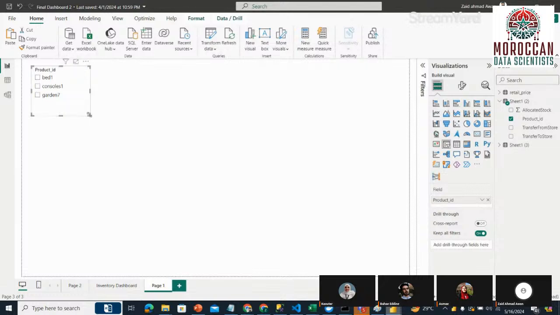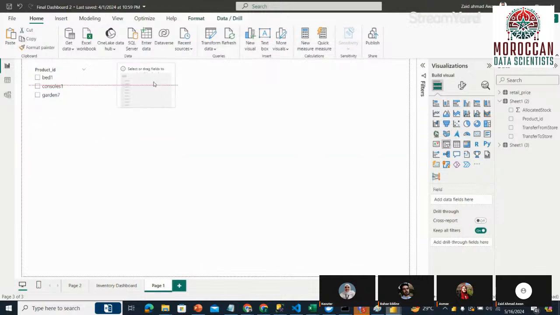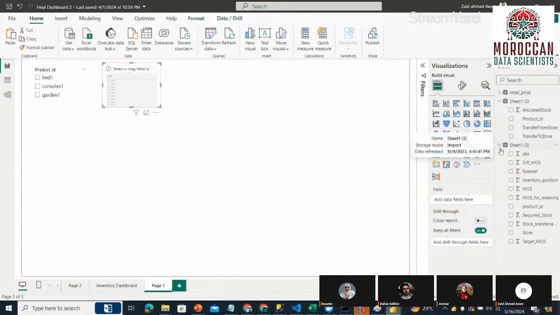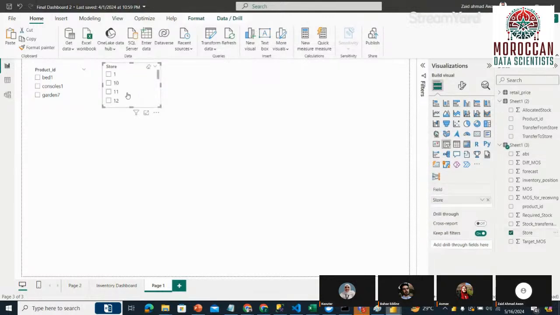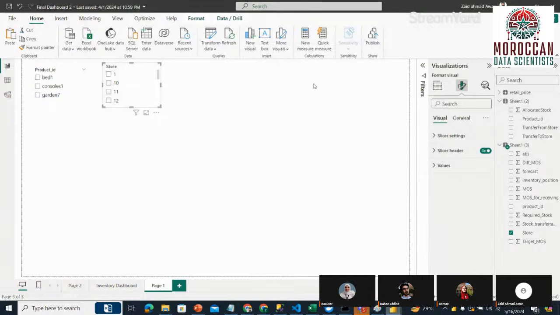Then we can create another filter by using store id maybe, right? So we have different stores, so we can create another filter from store id. You can also format it from here, right? And in similar fashion, what you can do is,